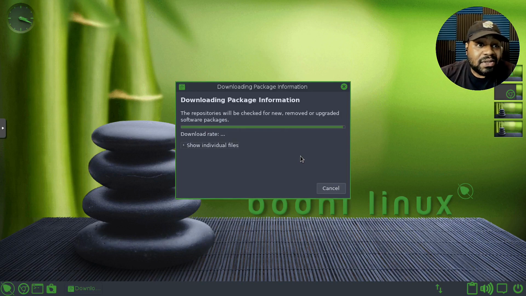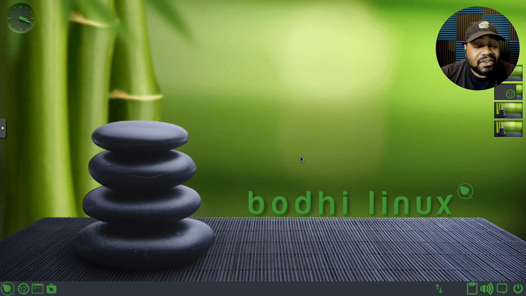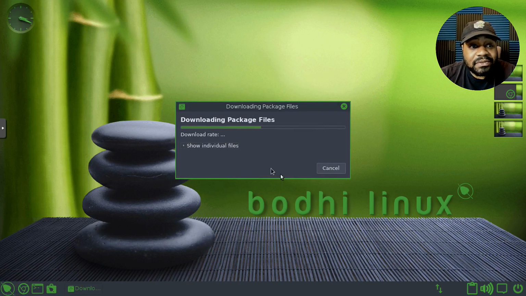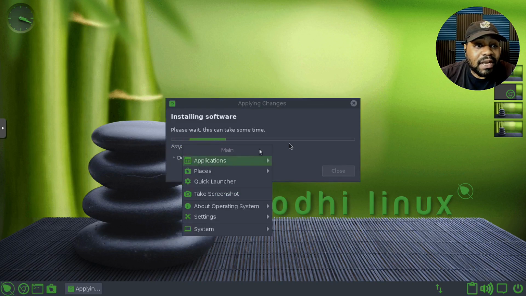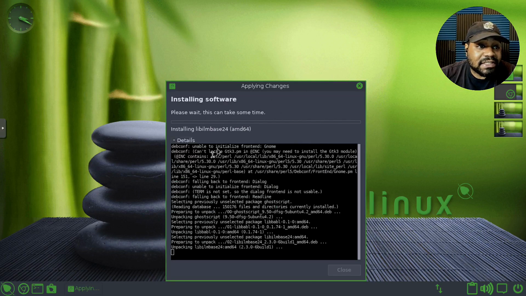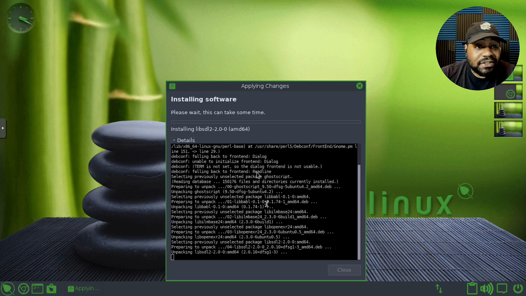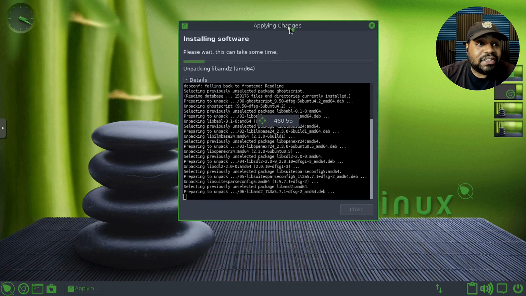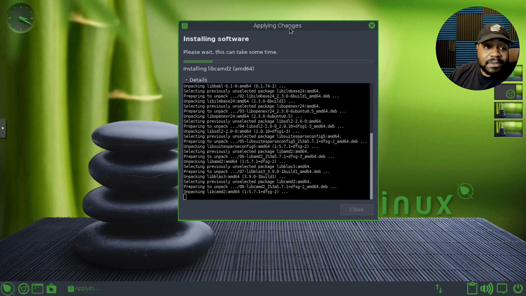And then it'll download the package, install it on the operating system, and we should be good to go in a couple minutes. It'll show you what's going on. But I really wanted to show you guys how to install things on the operating system. You can look at the details, all that stuff, and you can obviously install things from the terminal, but this